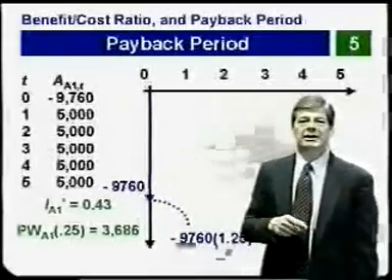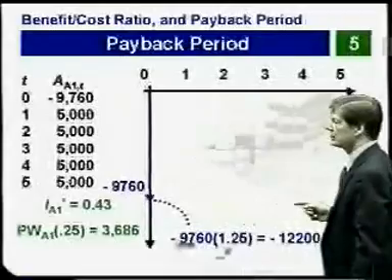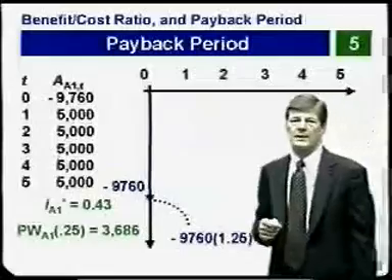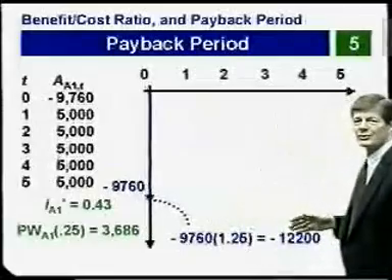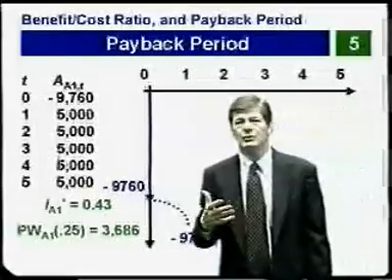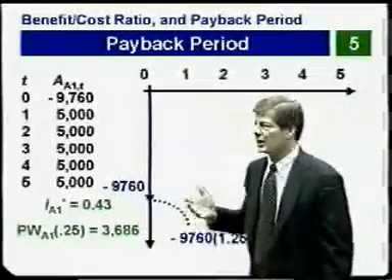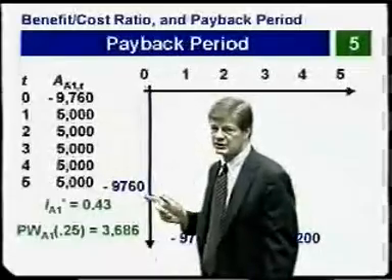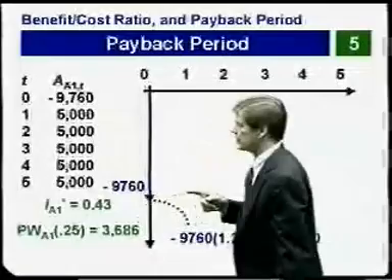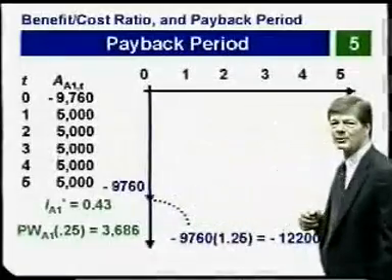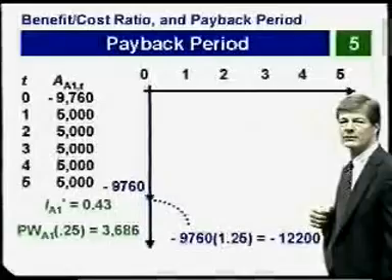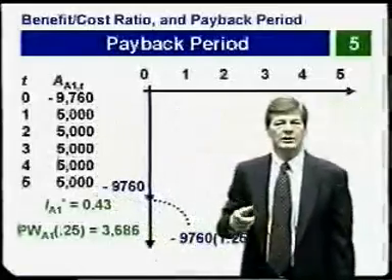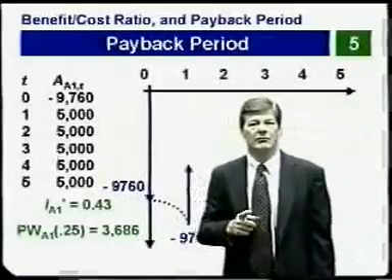When I compound that forward at the minimum attractive rate of return of 25%, that will grow to $12,200. This $12,200 can be thought of as an opportunity cost, meaning if I were to not invest in this cash flow stream and invest it at the minimum attractive rate of return, the amount of funds that I would have given up is $12,200. By investing in this cash flow stream, however, I'm going to get back in the first year